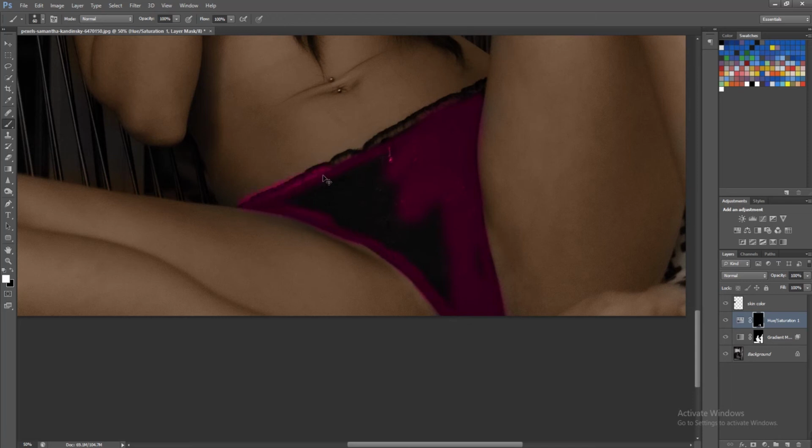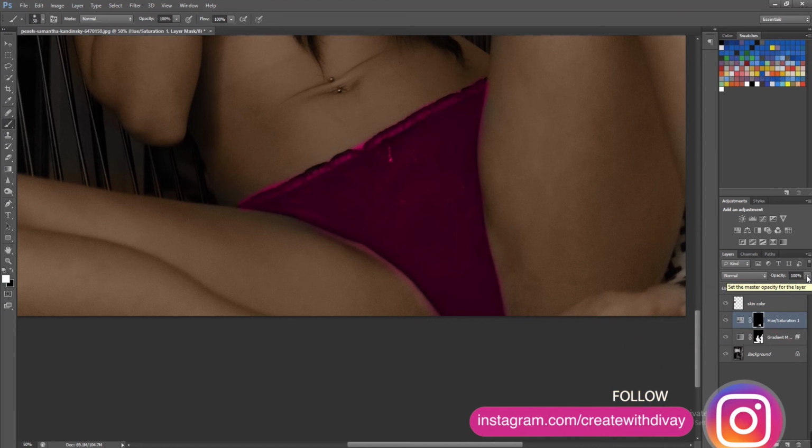Guys, you can make her skin tone very smooth also. It involves a very simple and quick process which will turn a rough skin to a very smooth and beautiful one. But as this is not a skin smoothing tutorial, I can't tell you about that. You can check the I button at the top right corner of this video to get the link of that magical tutorial as well.